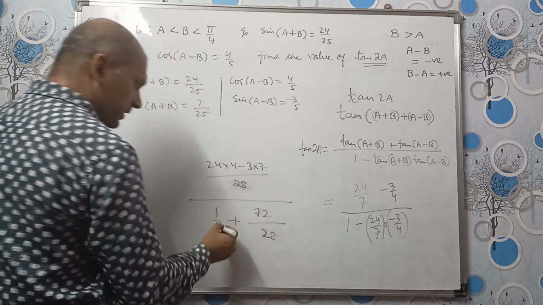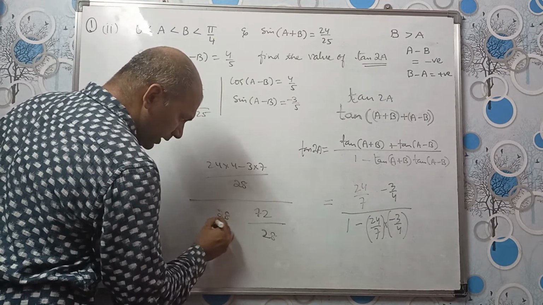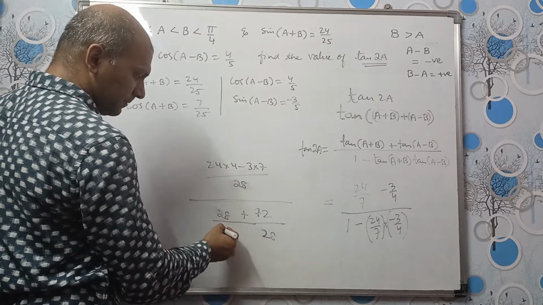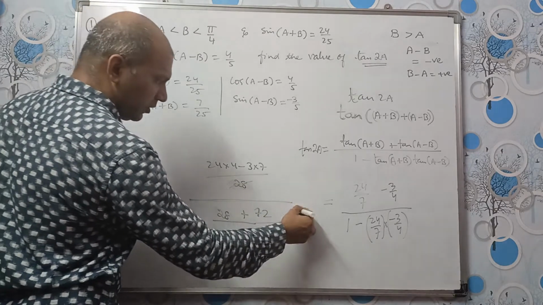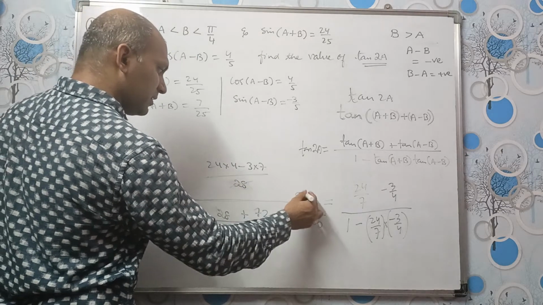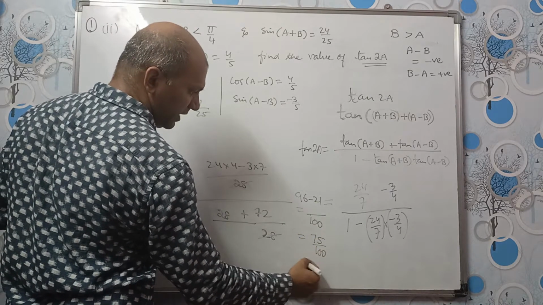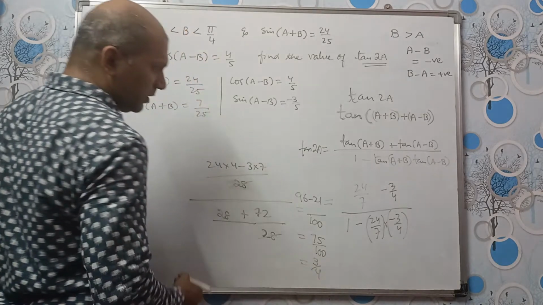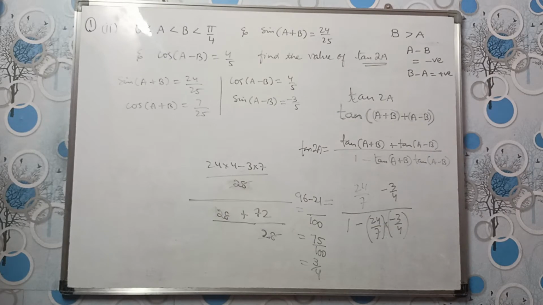28 and this is 28. Okay, so this will be 28 plus 1 like this, right? Okay, 28 will get cancelled. In the denominator we have 100 and in the numerator 96 minus 21. 96 minus 21, 75. 75 divided by 100, 3 by 4. Okay. So the answer is 3 by 4. Let me just check whether this is visible or not. The marker is very light. 3 by 4. Okay.